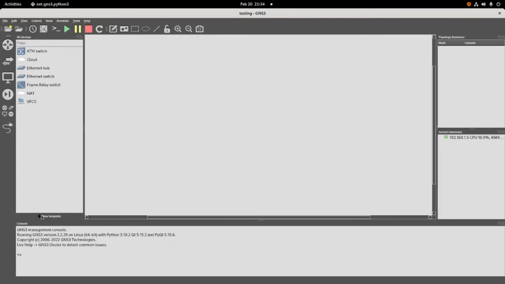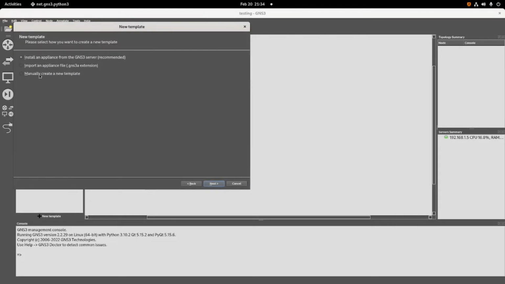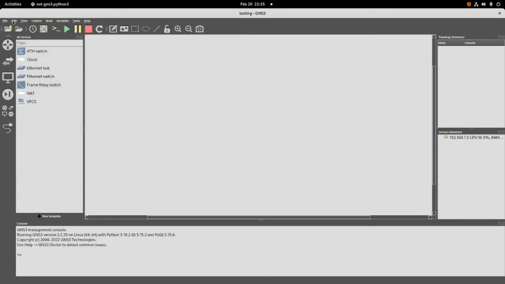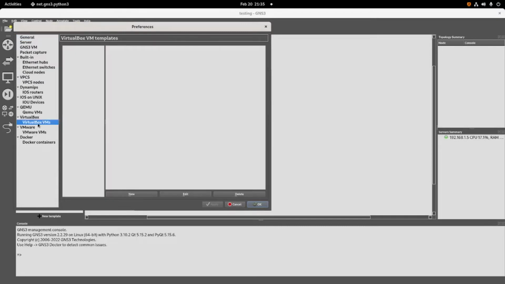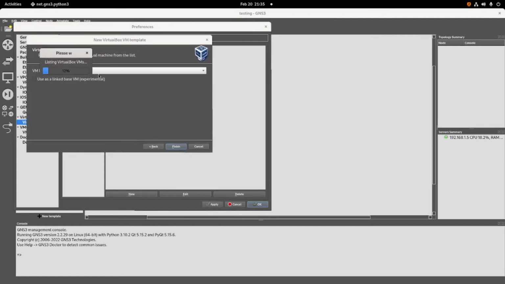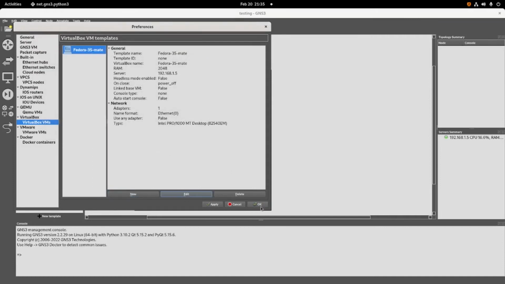You can click this button and then click this option and then next, or you can go to the Edit menu, Preferences, and then click VirtualBox VMs, click New. I already have one, Fedora 35 mate. Click finish. Before you click OK, you need to do some settings.